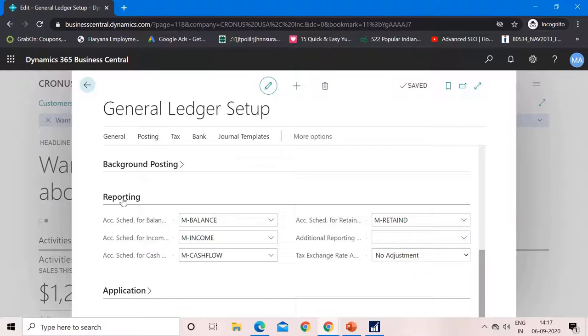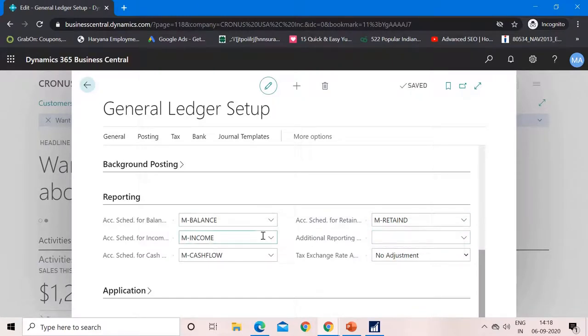If I see the reporting tab in the general ledger setup, it is already mentioned that for reporting purposes, how is our balance sheet, how are our income statement reports, how much cash flow we have, and how much are our retained earnings.